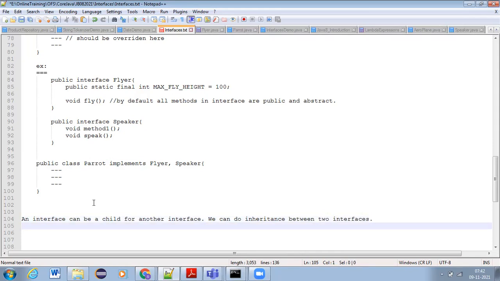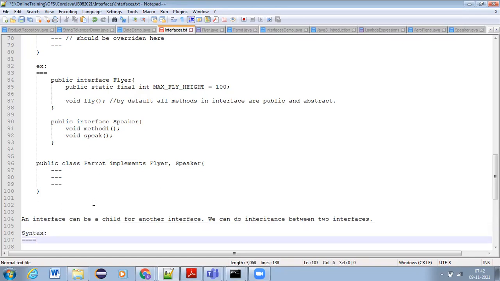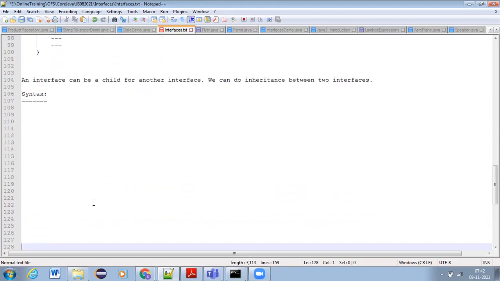So how to do that? Syntax. Interface to interface inheritance.